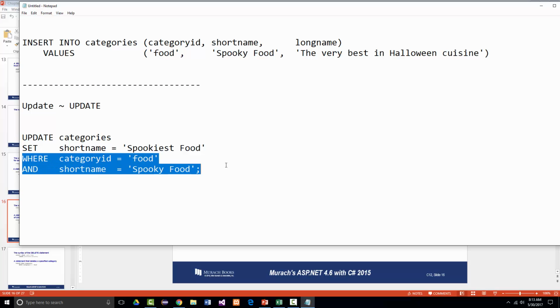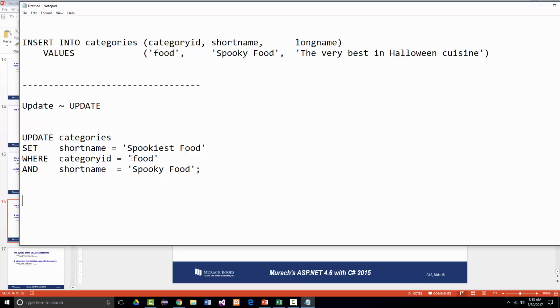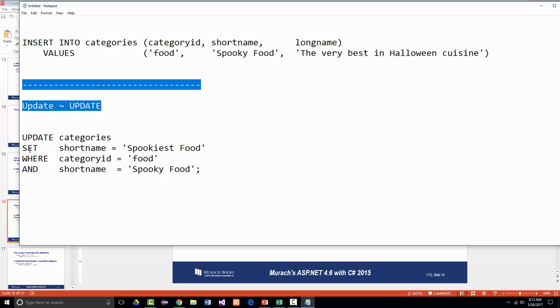So if I leave this out, that's going to change the short name of every record in the categories table, every record, to spookiest food. But when I do this, it will only do it if the category ID is food and the current short name is spooky food. It'll change that one record probably to spookiest food. All right. And then we also have